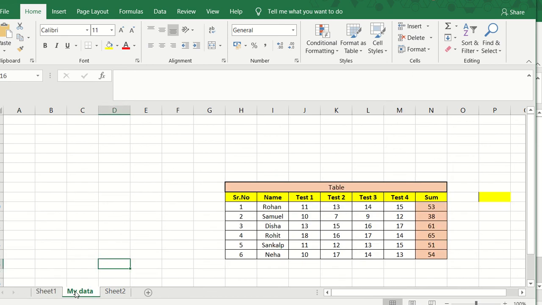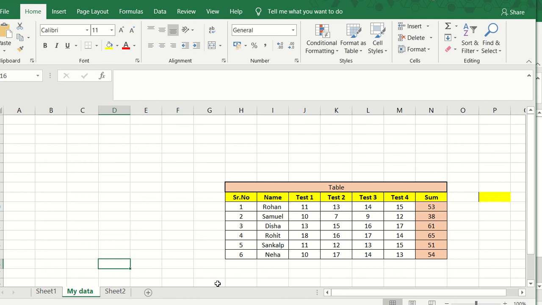Now, as you have already seen, one benefit of using this option is that my formatting is intact. Whatever the color of the table or any other formatting that was on that sheet, it has moved or copied in exactly the same manner; the formatting has not gone.